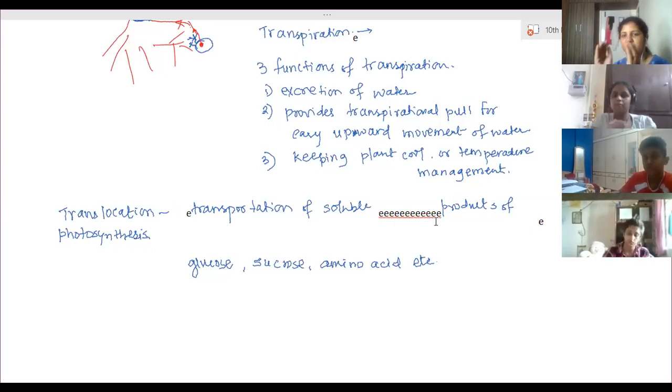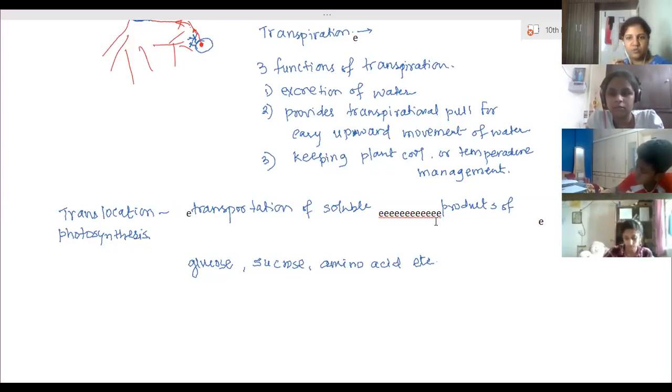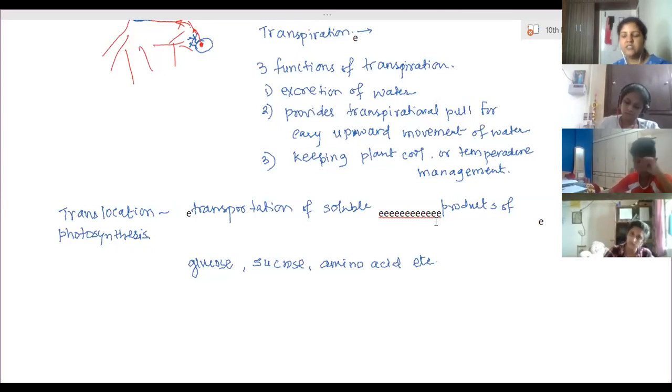So glomeruli are present inside the cup-shaped structure called Bowman's capsule. It is cup-shaped so that it can absorb all the waste easily, which increases the surface area of absorption. So through the network of glomerulus, all the filtrate will enter Bowman's capsule. In that filtrate, everything except blood components is absorbed: the 4 components of blood, plasma, RBC, WBC, and platelets. Except these, whatever substance is there, it is absorbed.